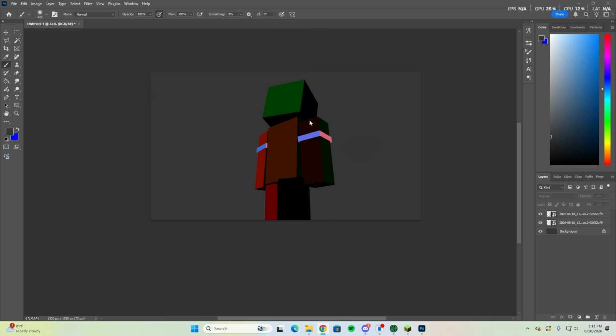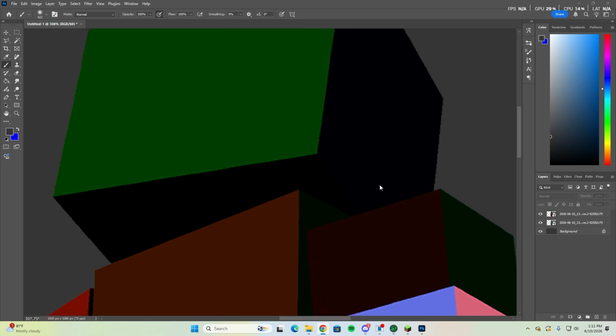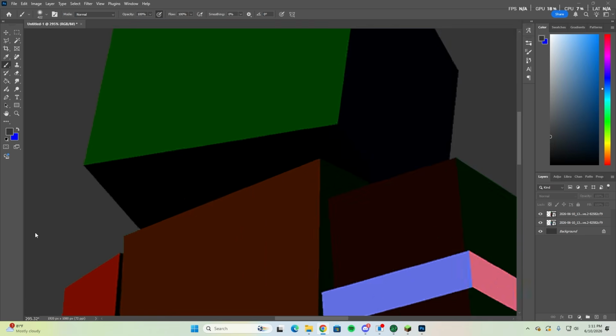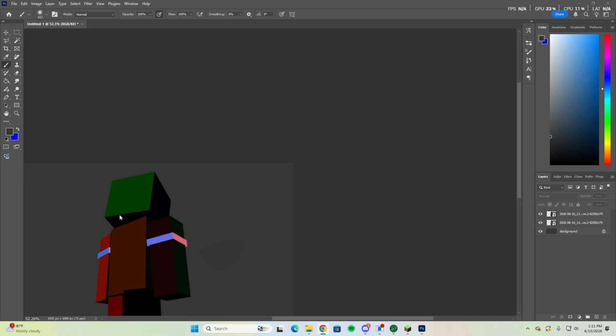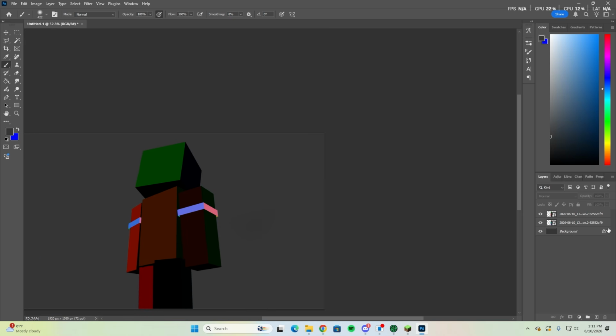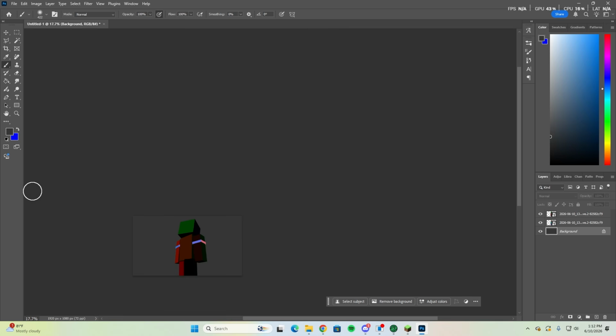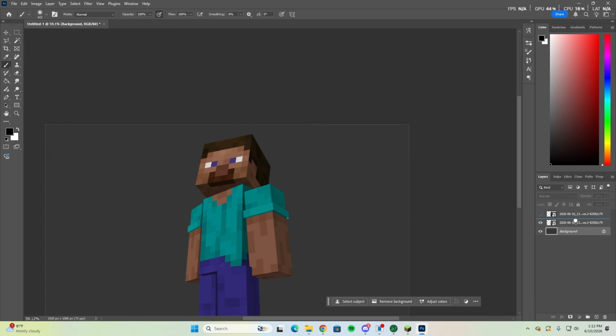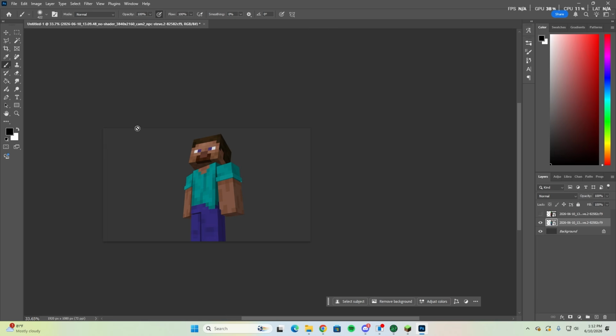So after you take your screenshots with the NMS and with the WEM cutout, drag them into your project. Now, the first thing that we're going to do is add a layer, and actually before that, what you want to do is just figure out